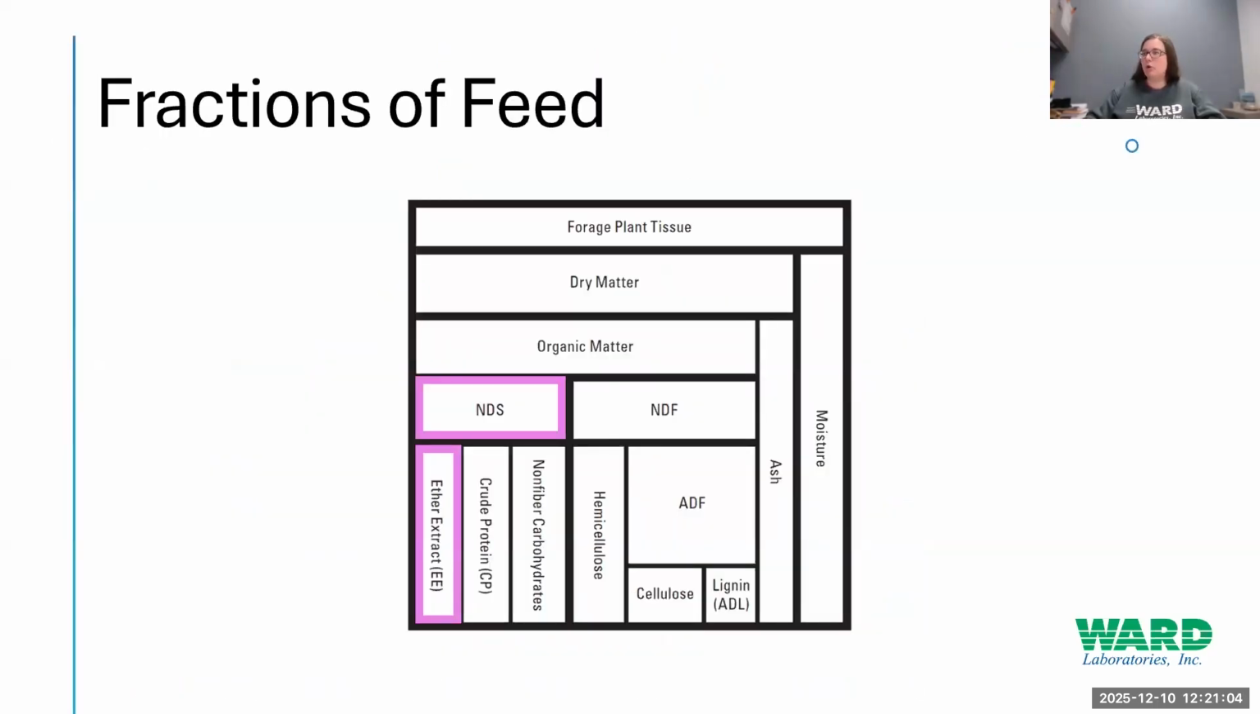Okay, so now getting more into the macronutrients. So we're under the organic matter umbrella, and we have neutral detergent fiber, and then we have neutral detergent solubles. So when we run a fiber analysis, it's kind of like a washing machine. So we're washing out everything that's not fiber. So when we run neutral detergent fiber, these are the things that are washed away. So the first one is fat or ether extract, then crude protein we're going to go through, and then non-fiber